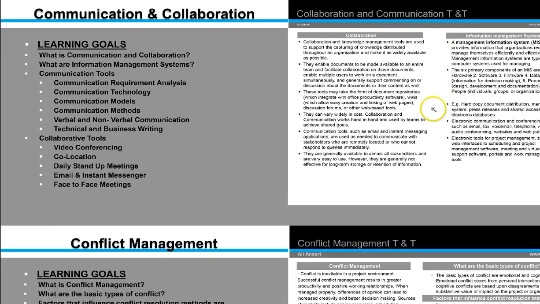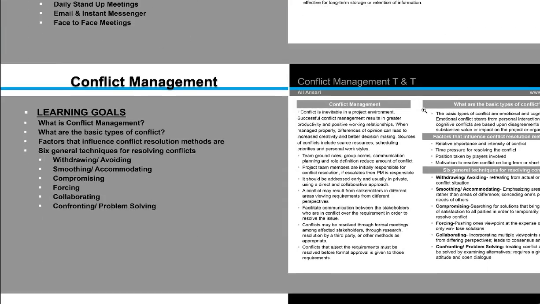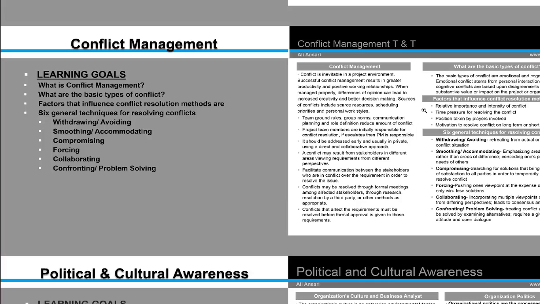The next one is conflict management, which I said is really important because there's always going to be conflict between the team members. There's always going to be conflicts with the stakeholders. So how you are going to manage these conflicts is important. The factors that influence conflict resolution methods are